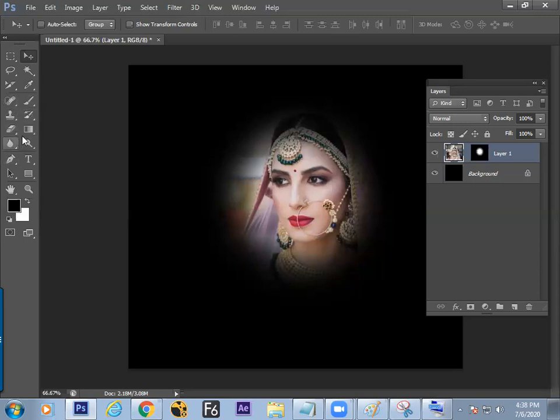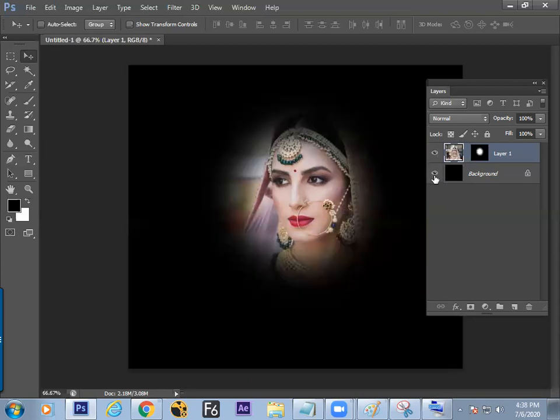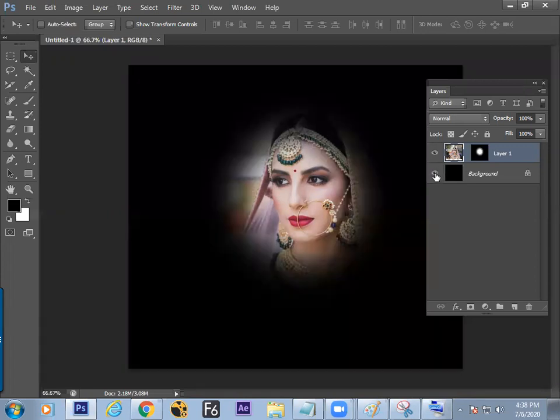Yes, a lot of tools are to be learned, but within one tool also a lot of things could be done. But the vital topic going on now is masking. Sir, the background you told us, should it compulsorily be black? No, no. Anything you can put. This is an example given. So the topic is here: mask and layers. Every time you are putting the background black, that's the reason. Anything you can put, but to focus only on the subject, we concentrate on the target.